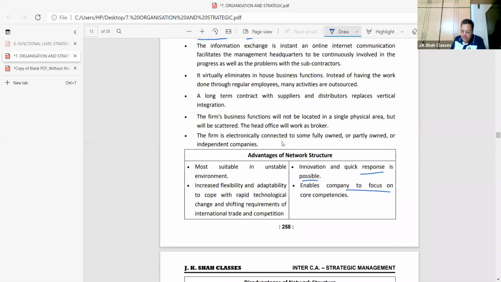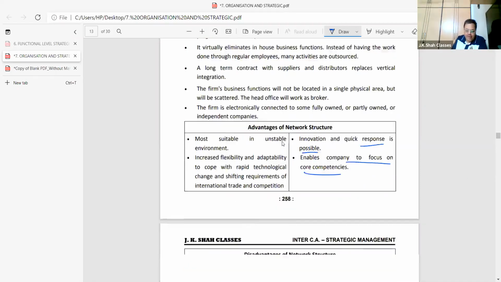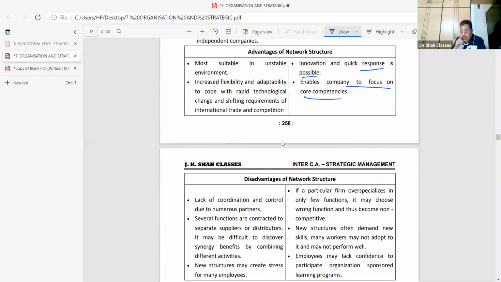Enables company to focus on core competencies. Now, every company is told, you concentrate on laces only. You concentrate on making the shoe sole only. You concentrate on the fabric. So, bacha, specialization. And at the same time, the biggest advantage we get is what? They all remain incomplete. I complete them. So, I have a control over them as such.